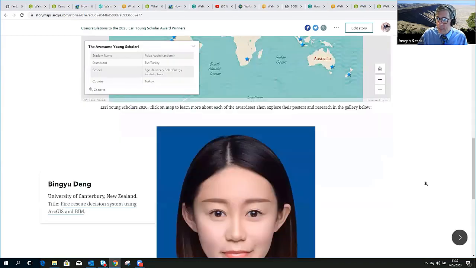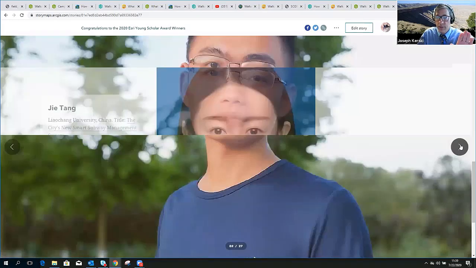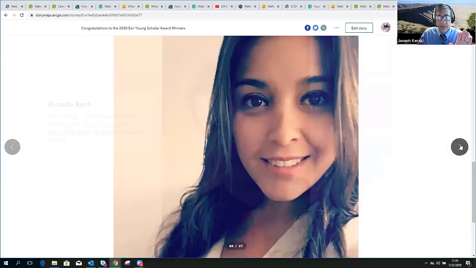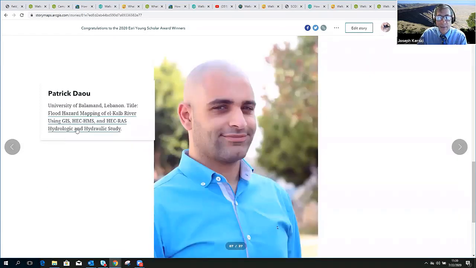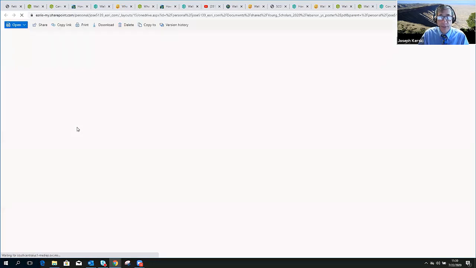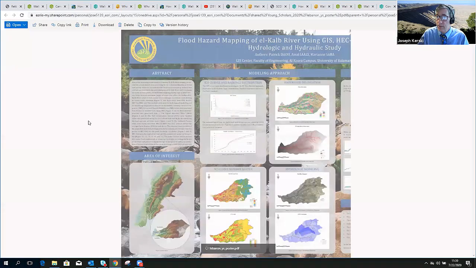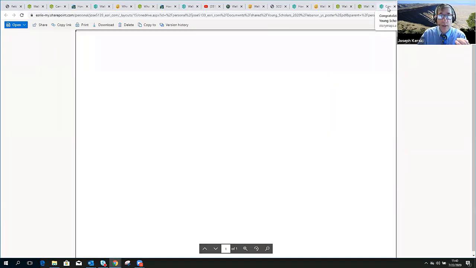But here, I'm using it like a slideshow mode. As you scroll across these individual young scholars, I've got links to their actual posters, but it's a nice technique, really worked out well. And then I've got their posters sitting in a shareable site online, so you can see their posters. So anyway, the point is that was all done from the StoryMap